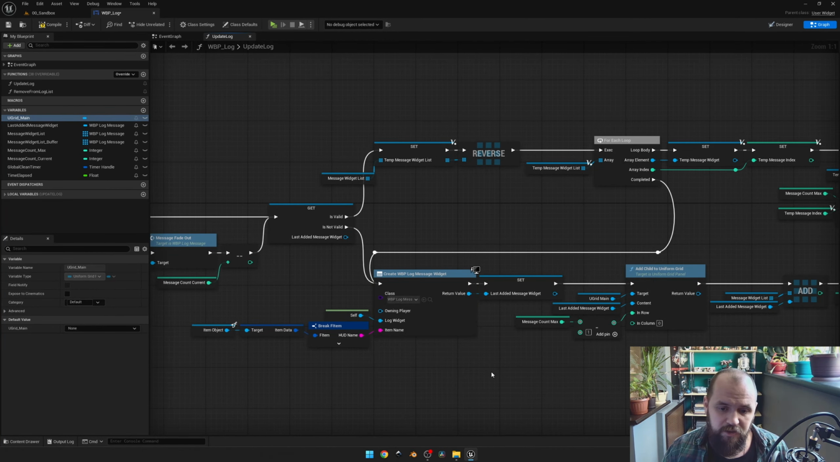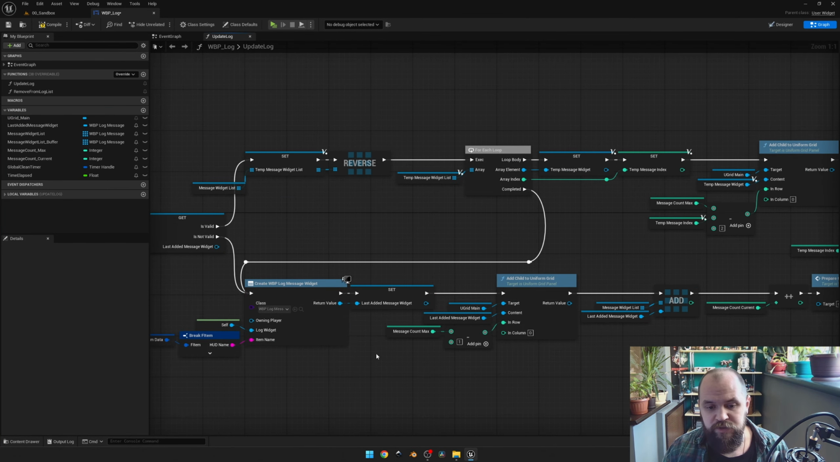We create the log message widget. We store it as the last added message widget. Then we add it as a child to the uniform grid. But as you may see, it has the in row and in column. So this one should be added